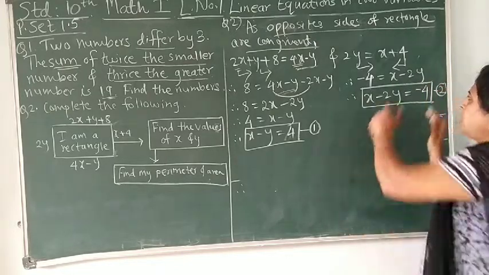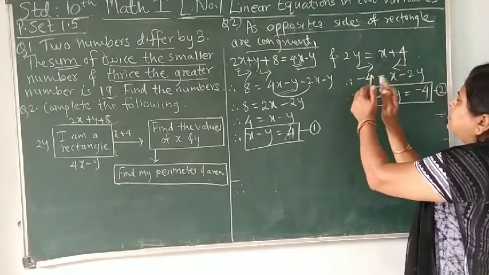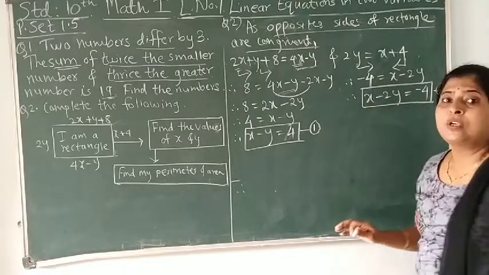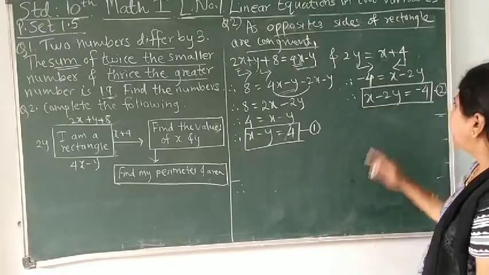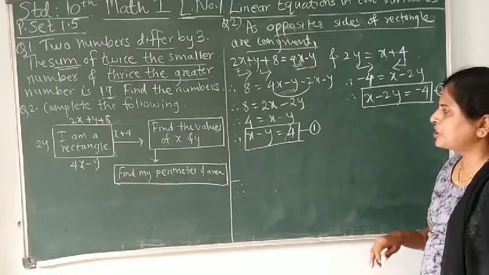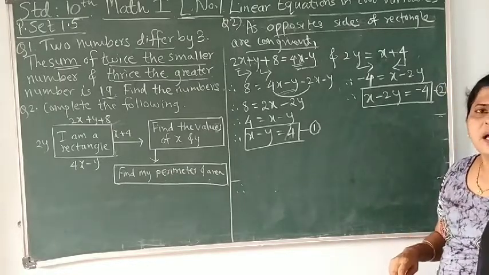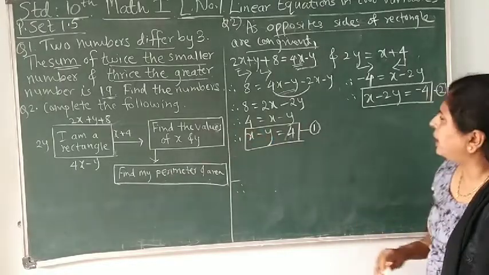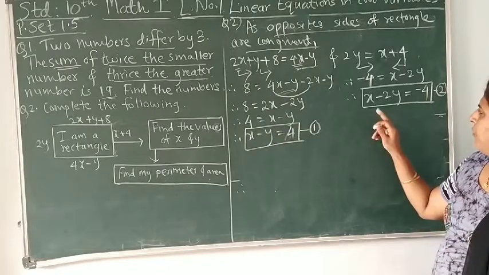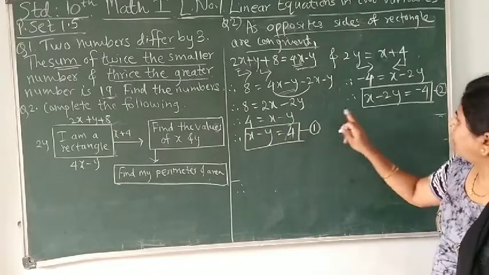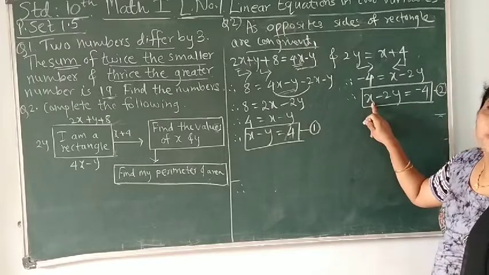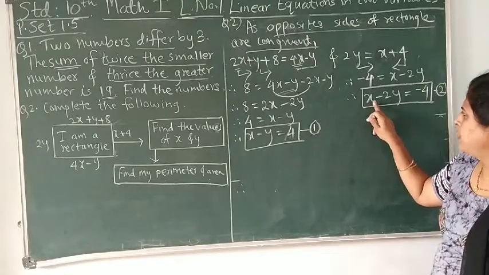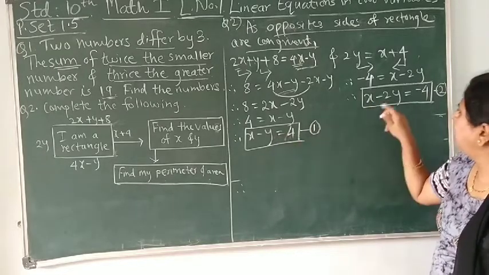Okay. Here we are just writing LHS as RHS and RHS as LHS. We are not transposing any term. Now once we have got these two equations, we can solve this and we can get the value of x and y. Okay. So what is the value of x and y? For this to solve, if you observe, we have coefficient of x to be same, but y here it is 1 and 2, so it is not